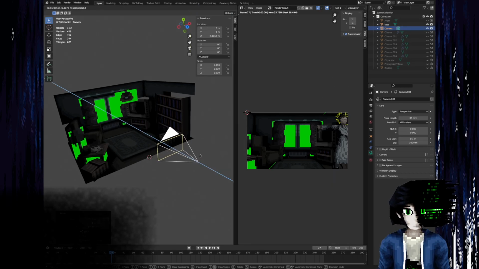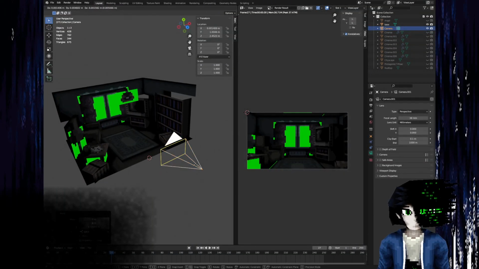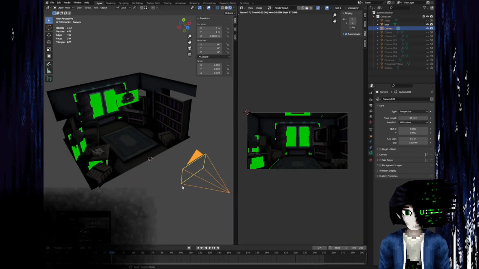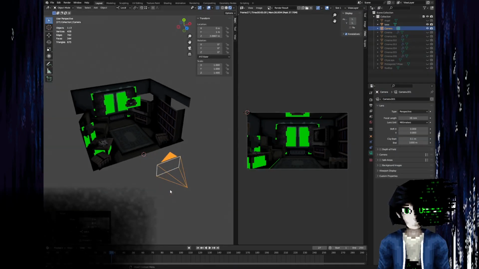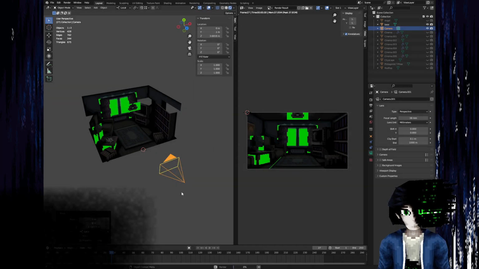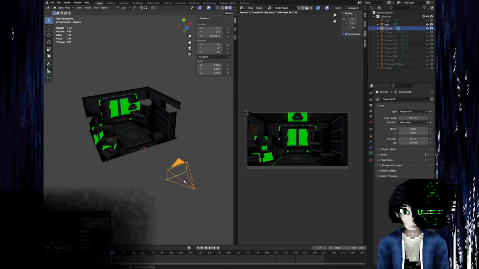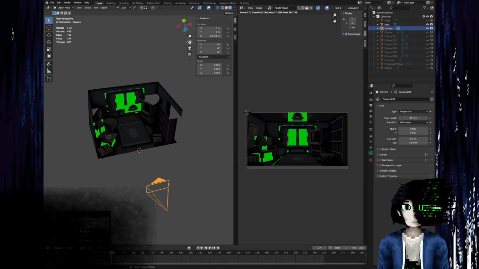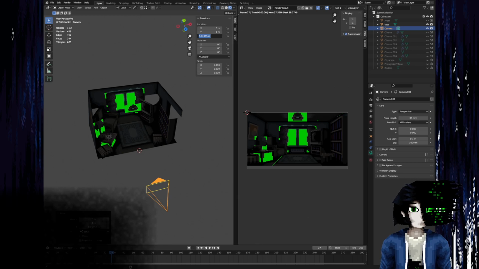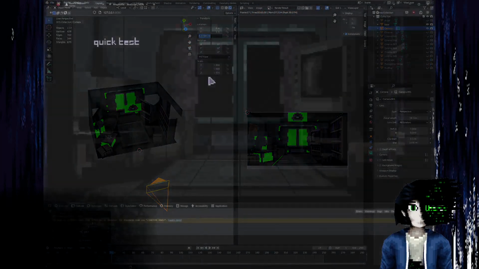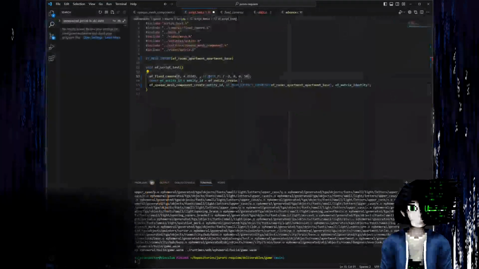And then back slightly more than that. And even more than that. How far back does this camera have to go? Okay, that'll do. So we should be able to copy these exact coordinates around to our code, and it should work identically. And then at that 1 meter on